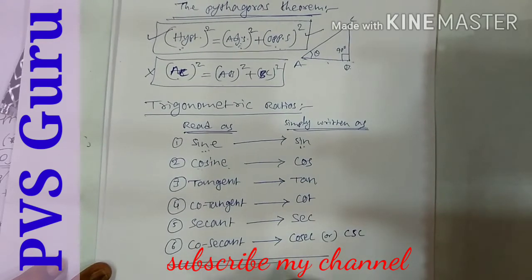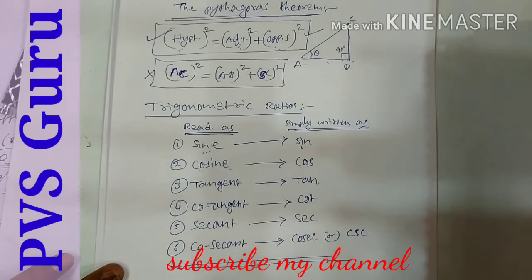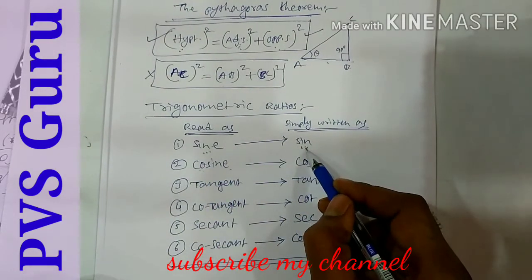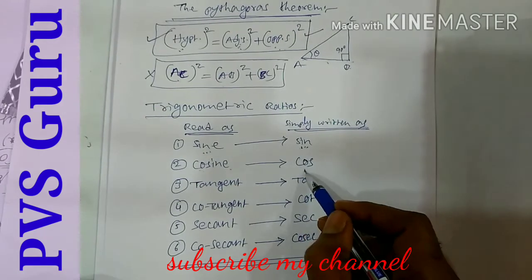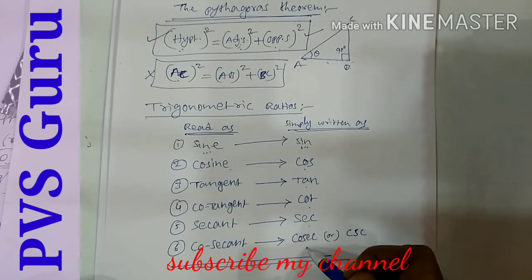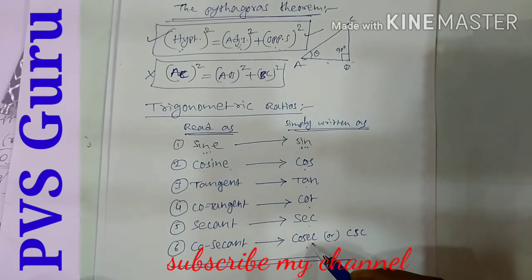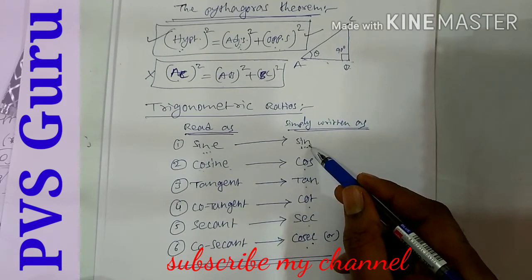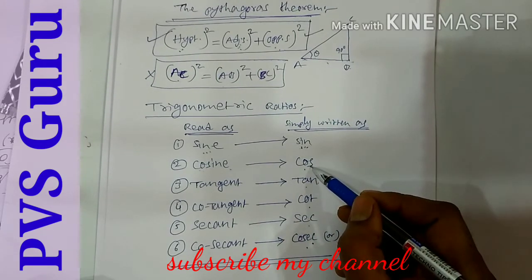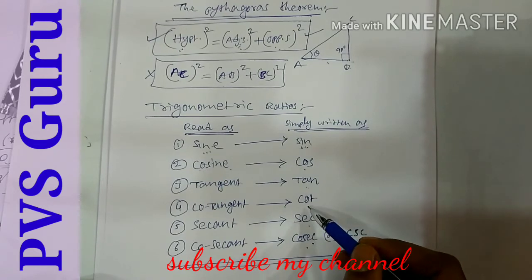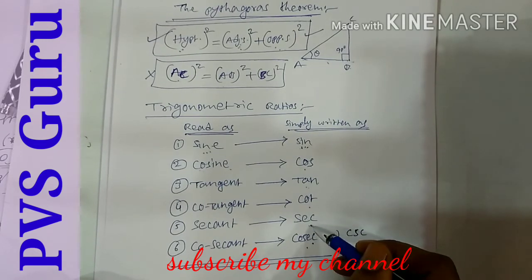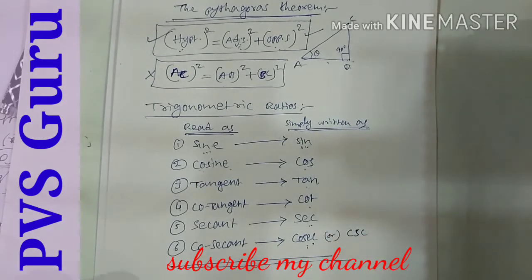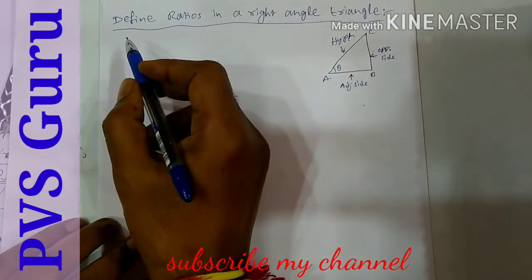So these are the 6 trigonometrical ratios. Just fluently read out sine, cos, tan, cot, secant, cosecant, and don't read sin as sin, read it as sine. In the same serial order only you read out. It will be useful for further problems. Sine is the first one, cos is the second one, tan is the third one, cot is the fourth one, secant is the fifth one, cosecant is the sixth one. These are the 6 trigonometrical ratios.